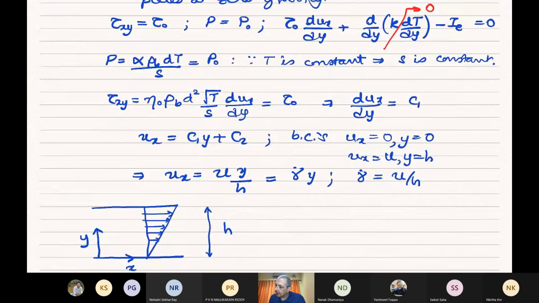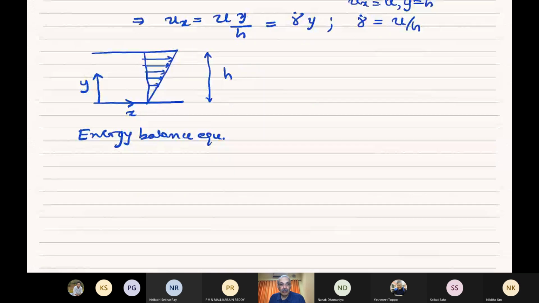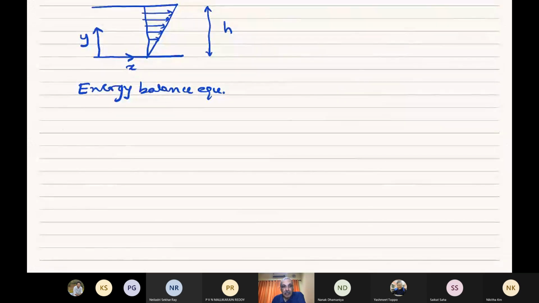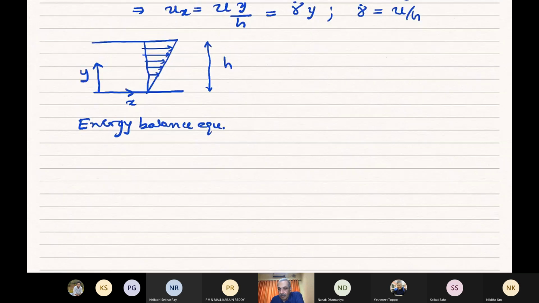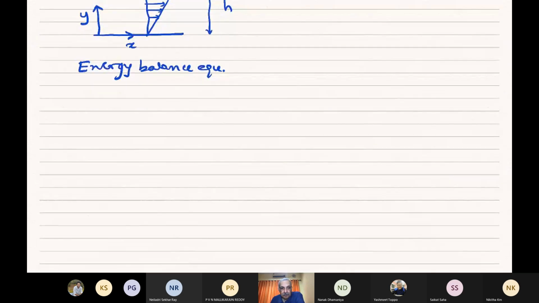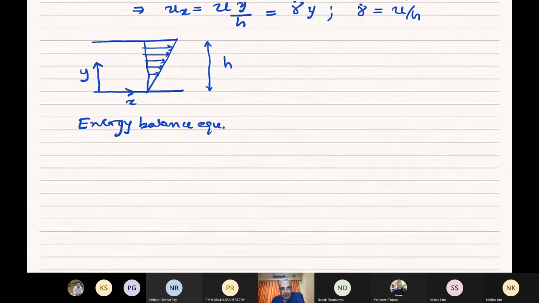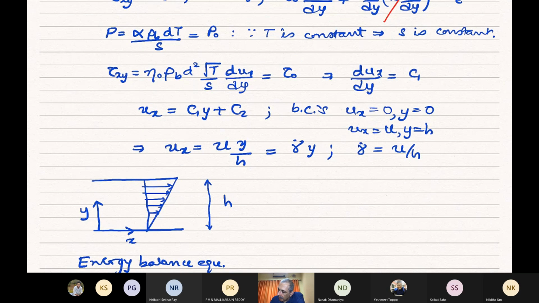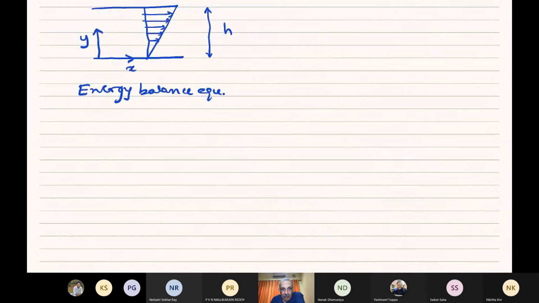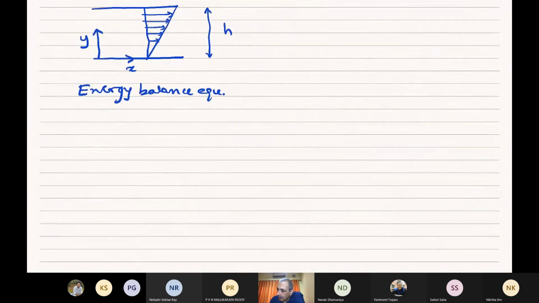So here it is, and we can substitute for dux by dy, which is a constant. We are calling it gamma dot. And then we can substitute also for the loss due to inelastic collisions. So, we know tau zero is given by these things. So when we write for tau zero in terms of the velocity gradient, then what we have is